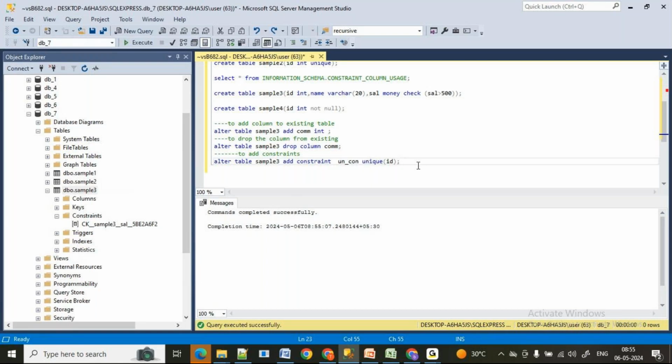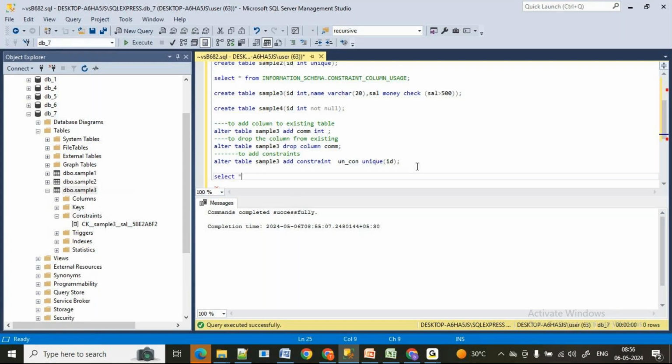We have one beautiful table called information schema. Everywhere you will be having this information schema. If you are learning Snowflake, in Snowflake also we have information schema. Remember, inside the information schema we have many tables which give the information about the tables that we have inside the database. I just want to see the information regarding this constraint. To see the output, I should use the select command, because to see means to query, right? To query something, what was the command we have? Only one, that is select.